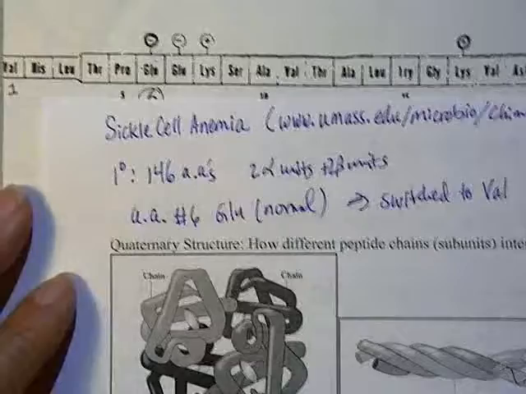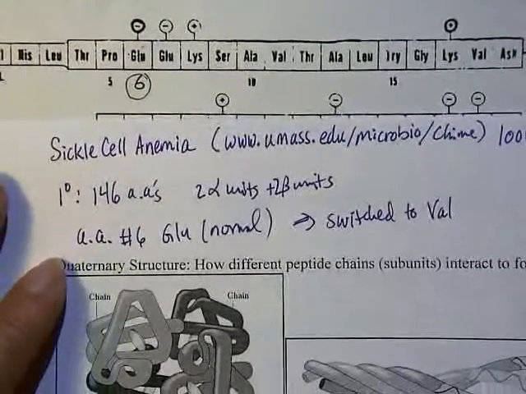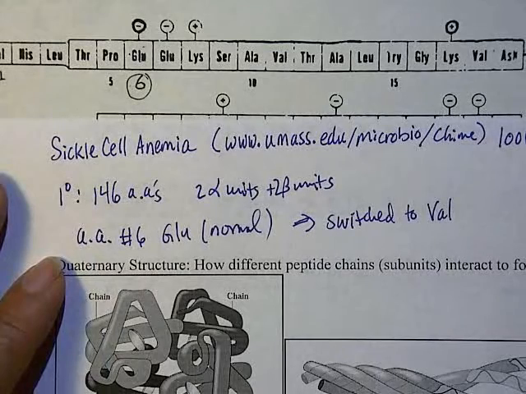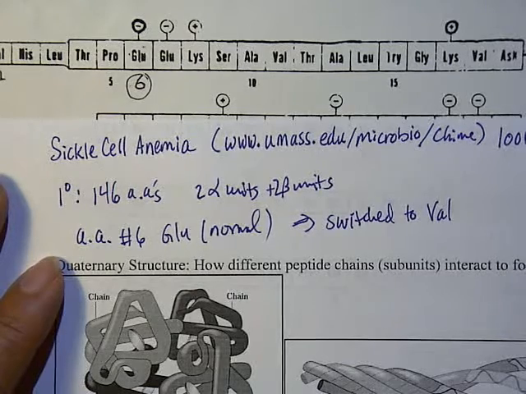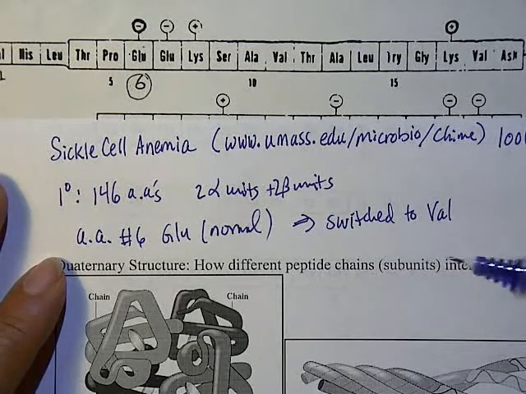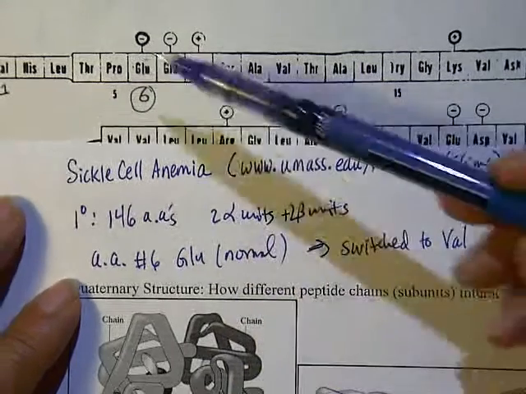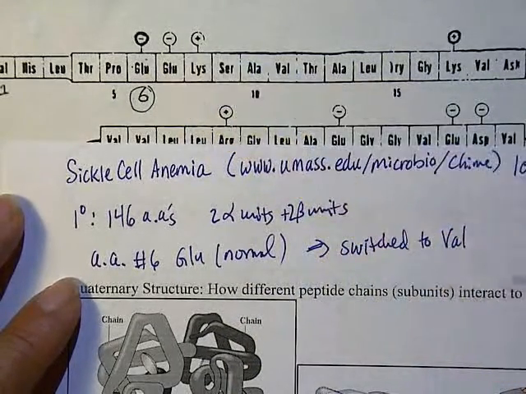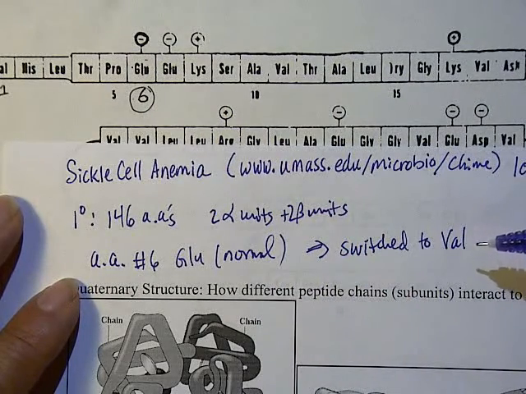So usually one substitution out of 146 amino acids doesn't impact health, but in this case it does make a difference, because there's a big difference in the function of glutamic acid versus valine. All right, glutamic acid, as you see, has a negatively charged side chain. When you substitute that with valine, it's a hydrophobic amino acid. So what happens is that